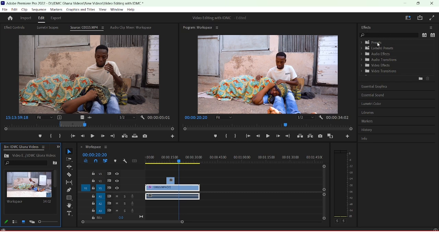So you can see you have presets, you have Lumetri presets, we have audio effects, audio transitions, video effects, and video transitions. These are all transitions and effects that you can add to your video and audio. So effects work with audio and video, and this is how the panel looks like. It opens the